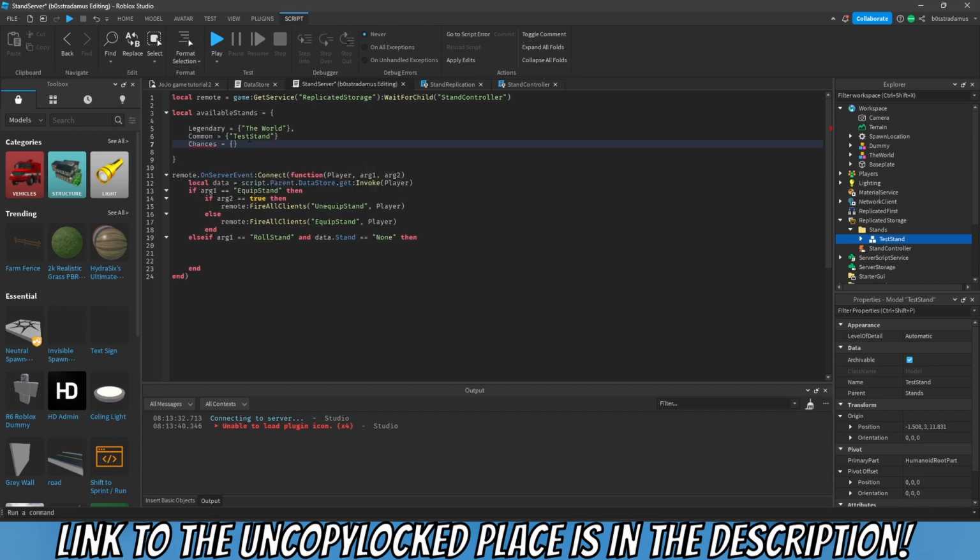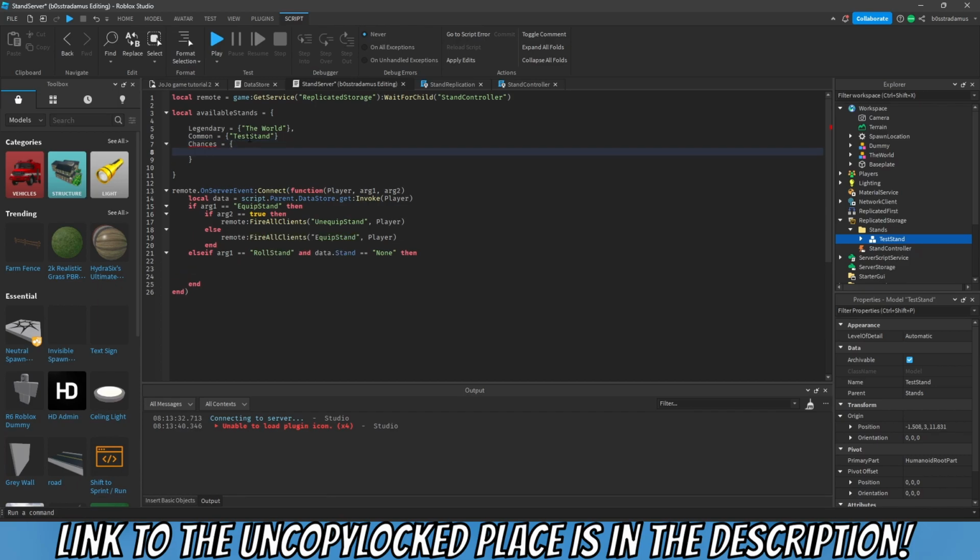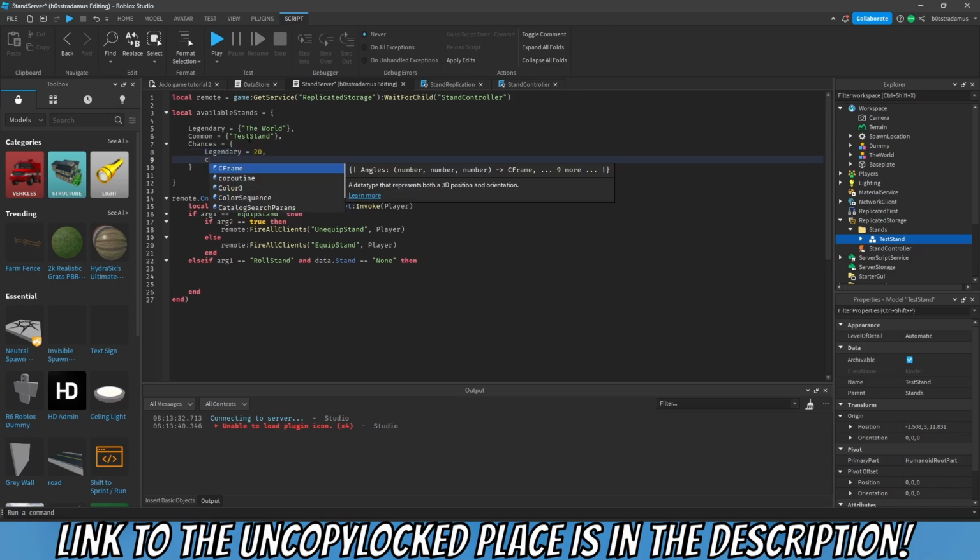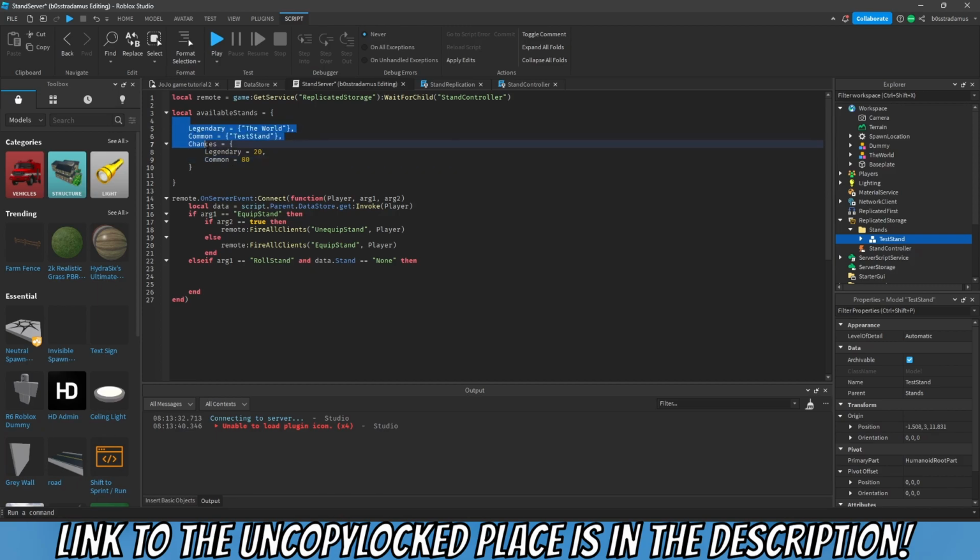And this one is going to contain the chance for each category. So for each rarity, for example, legendary is going to be 20, while common is going to be 80, okay? Now, if you have some more rarities, then make sure that the chances in total make 100, okay? That is pretty important. Now, once you have finished this table, what you want to do next is set up